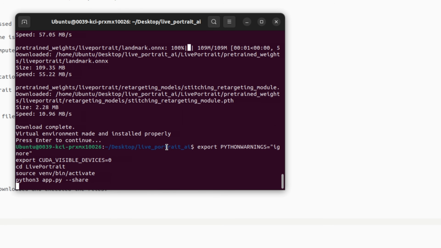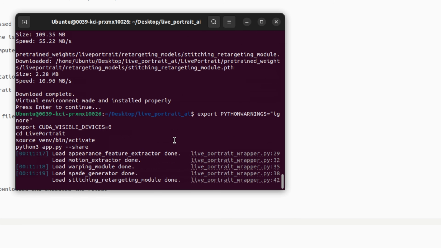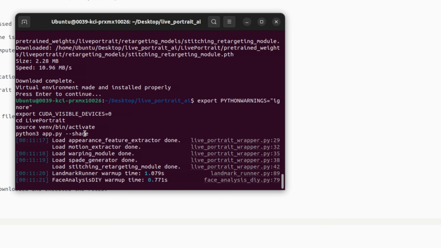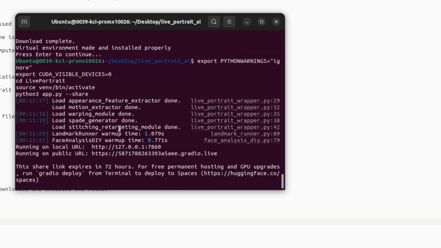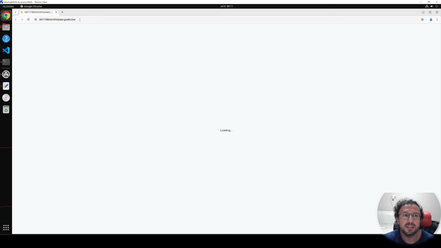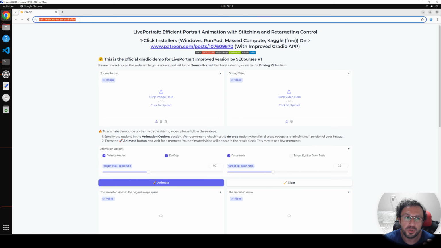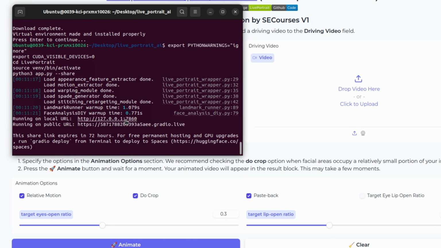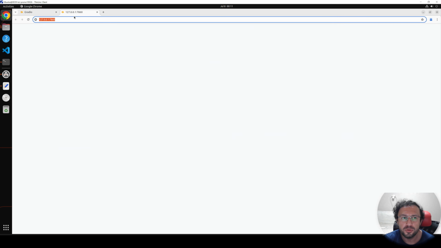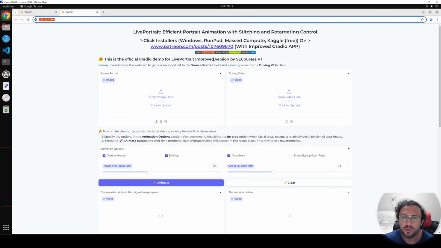You have to be inside the Live Portrait AI folder, or whatever the folder name that you have installed. This is mandatory to start it properly. It will also start with --share Gradio Live. So you can use this Gradio Live link on your computer or inside Massed Compute as well. Alternatively, you can also use the local URL. You see here it started on this local URL. On Massed Compute, you can also use the local URL inside as well.